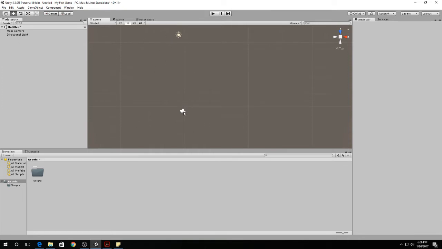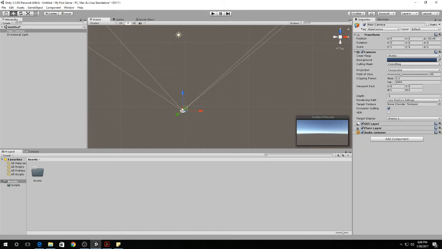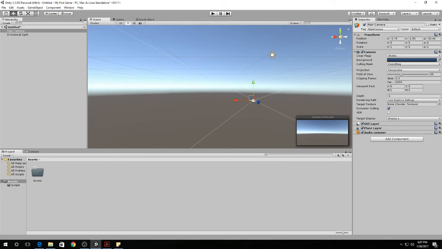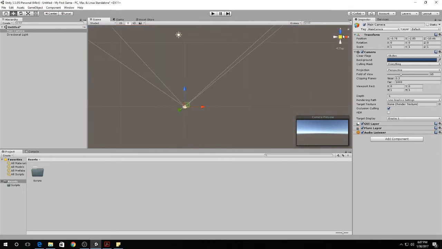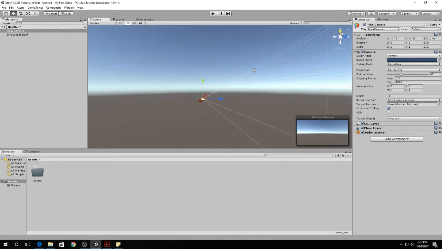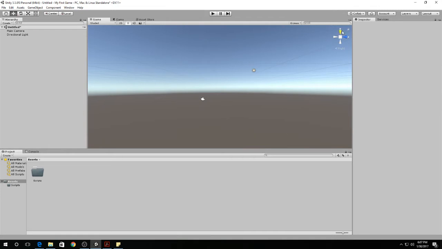This would allow me, for example, to move the camera around without actually changing its Y value, because I'm moving it in the Y perspective. I'm not changing the Y value. Similarly, I can look on Z, and I can look on my X plane. I'm going to let go of that camera for now. Okay,